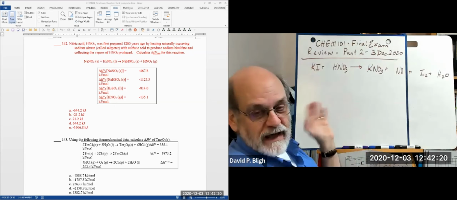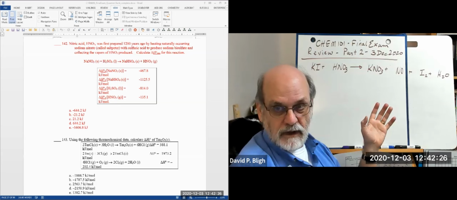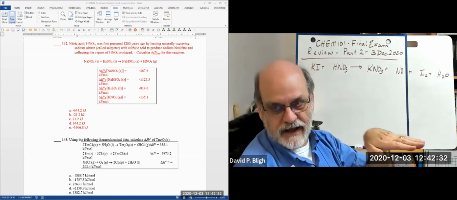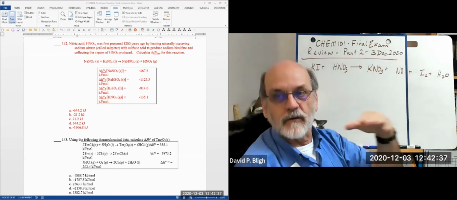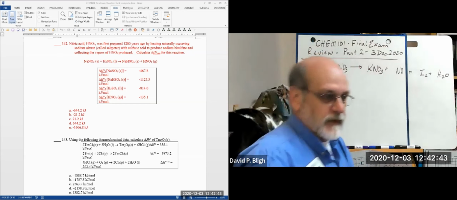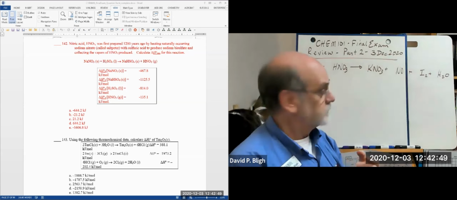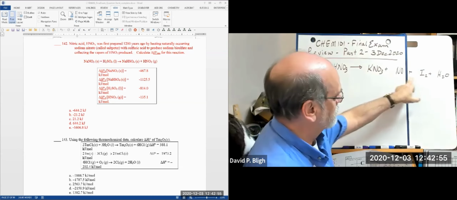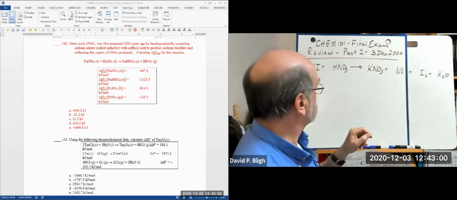So the best approach for one like this is to balance the electrons first, and then use that preliminary or intermediate step of coefficients to proceed then with your budgeting scheme, right? So it's really a two-step process. So here's what we do. We have to find out where the redox is occurring. And since these are ionic compounds, except for that one and this one and that one, of course, these should be fairly easy to discern the